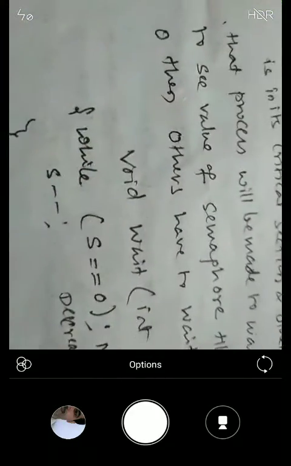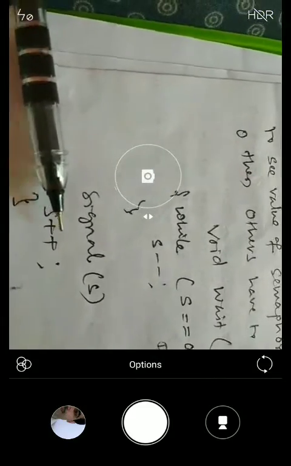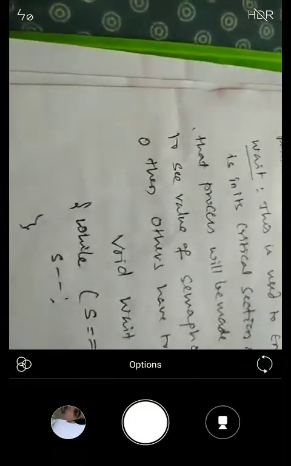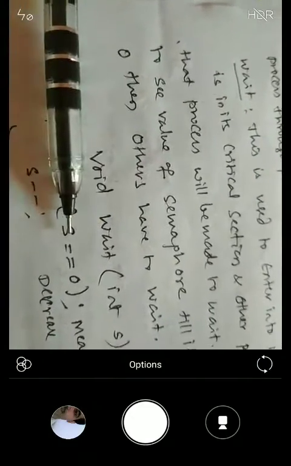Remember, the intention of the wait function is to get into the critical section. After executing, it will set the value to 1 by making a signal function call. So the wait function ensures that the semaphore variable value is decreased to 0 so that the process can enter the critical section.